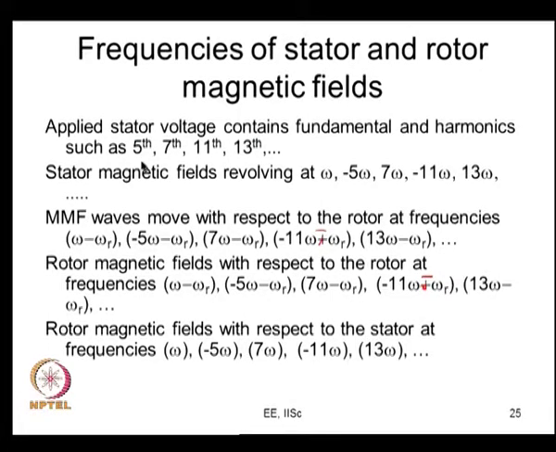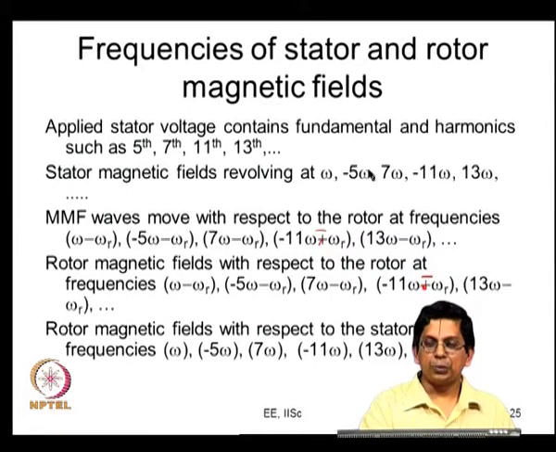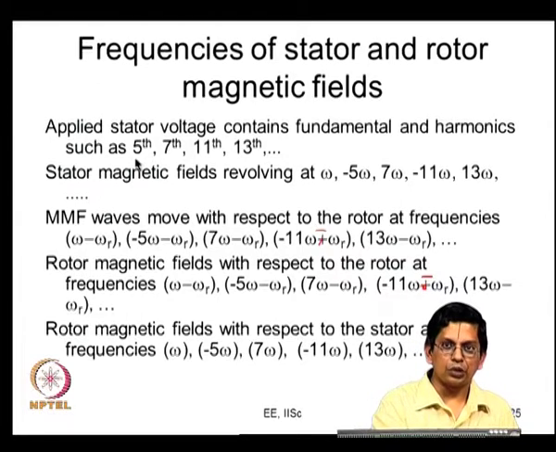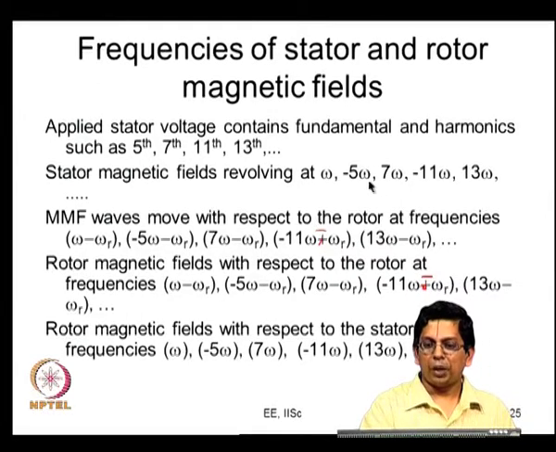It produces a fifth harmonic, it produces a revolving magnetic field, because it is also a sinusoidal, balanced sinusoid applied to a 3 phase winding. So, it has to produce a magnetic field, but the field strength is different, and it rotates at 5 omega, in the opposite direction. So, the fifth harmonic voltage produces a revolving magnetic field at 5 omega, which revolves in the opposite direction, and the